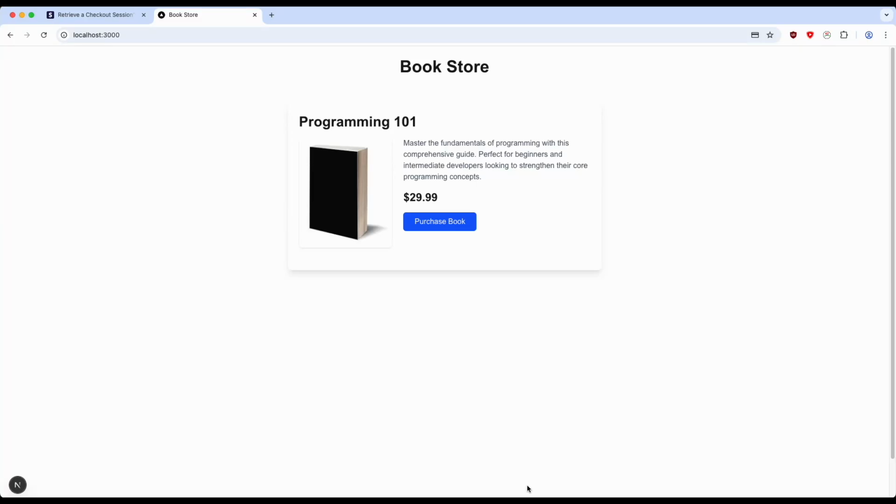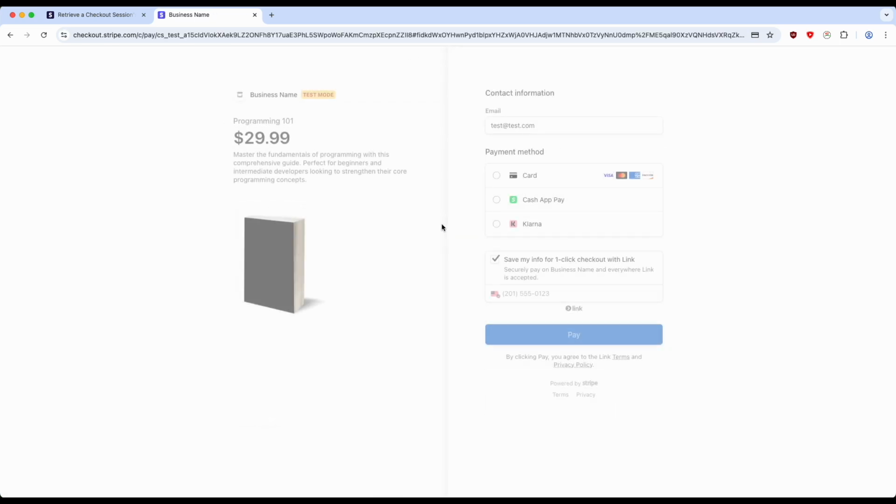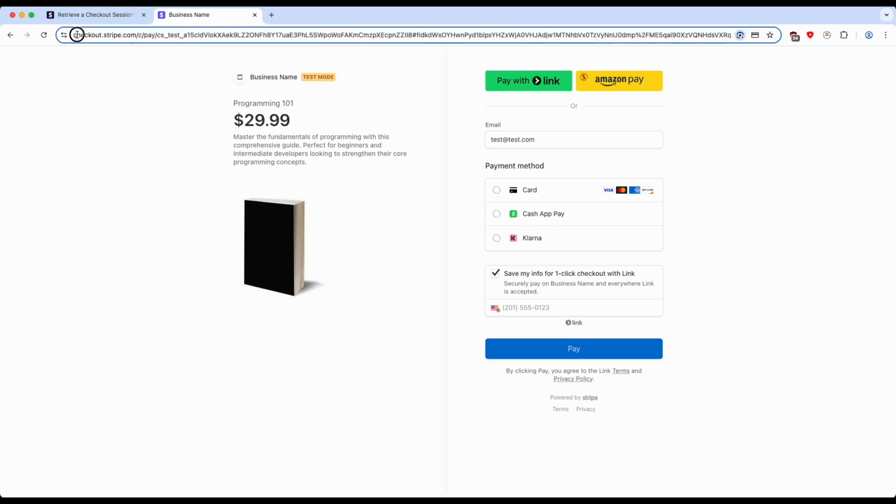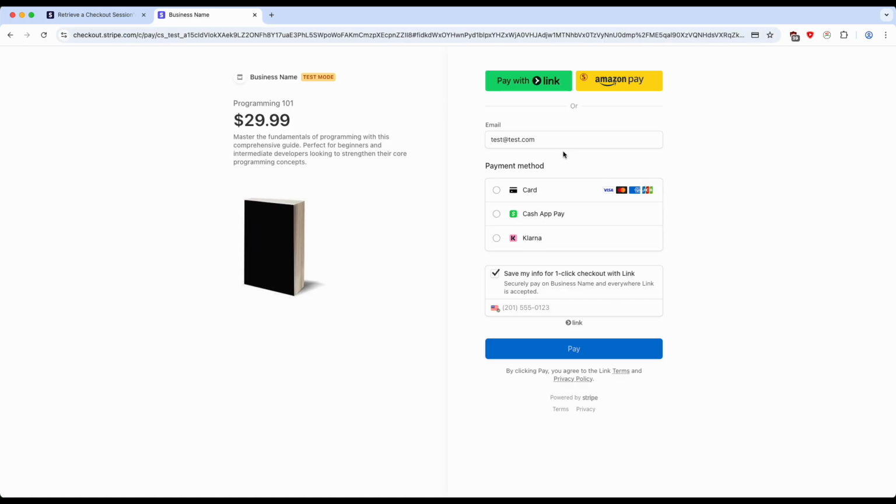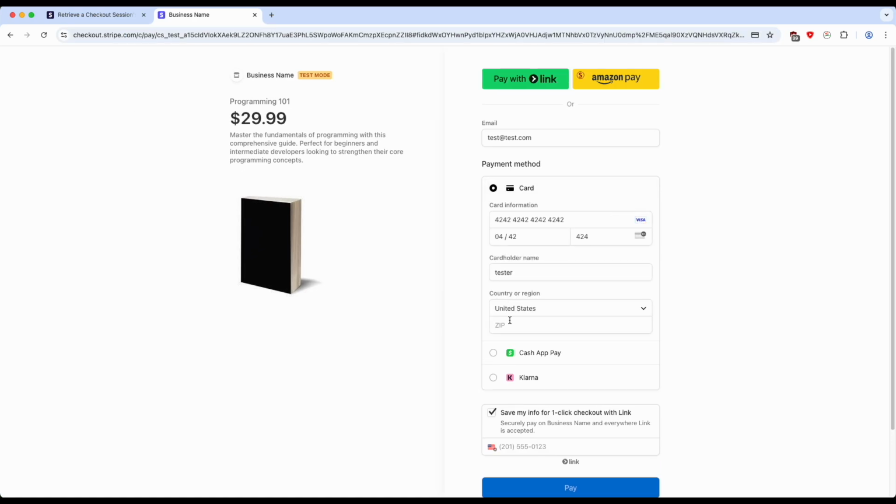In this presentation, I will show how to retrieve a Stripe checkout session's line items from a Stripe webhook event. Just to recap the previous presentations, we've created a Next.js 15 application where we're going to purchase a book. If I click on this Purchase Book button, I get redirected to the Stripe checkout page. Here, once I enter my details and press Pay,